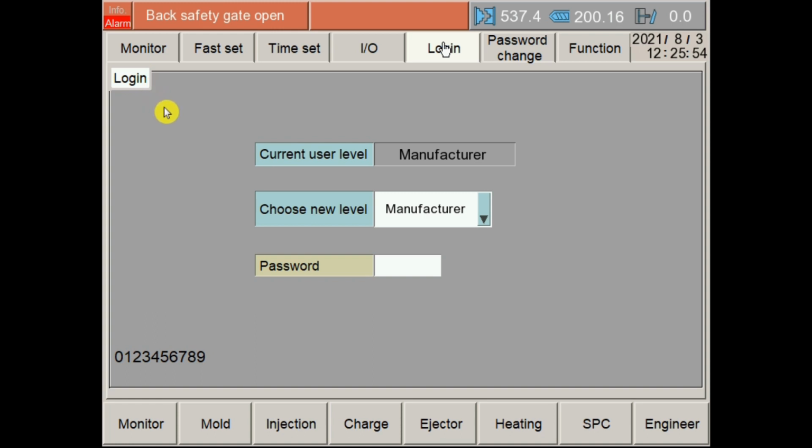Login page is an important page. For example, when you want to enter your HMI, when you turn on your machine, you have to do your login for all the settings and all. There are certain user levels and other passwords. So I'm going to discuss those things.